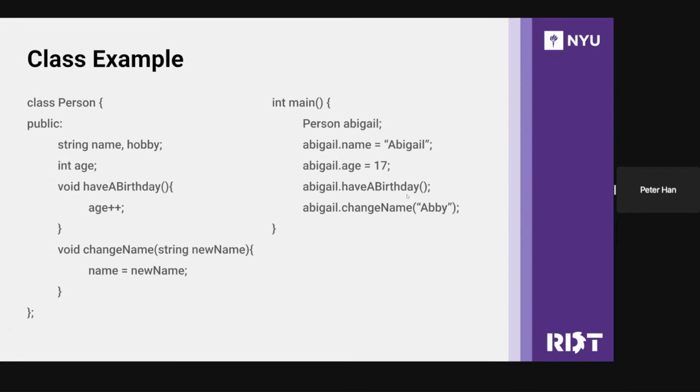Right, so this is one of the class examples. As you can see here, they're calling this class person in this case. And we set it to public. You can set any class to public by simply putting public and a colon at the end. And as you can see, you put in the certain assignments such as string name, hobby, int age, and so on and so forth. And anytime you want to call onto this class, you just type in person, and you assign it